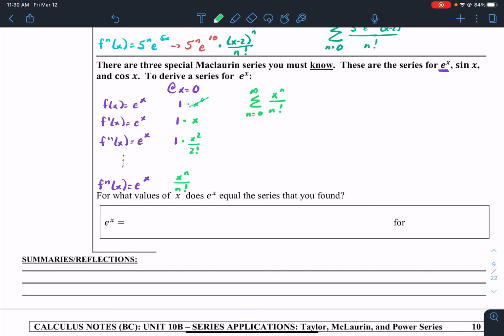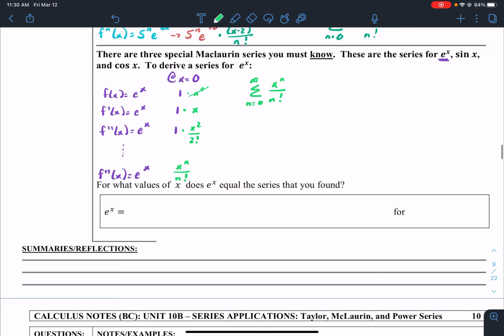that the interval of convergence is everywhere. It doesn't have a finite interval of convergence. This is going to be true always. No matter what the x is, e to the x is going to equate to this series. So let's do that using the ratio test. So we're going to say the limit as n approaches infinity. Remember, you have to add 1. So x over n plus 1